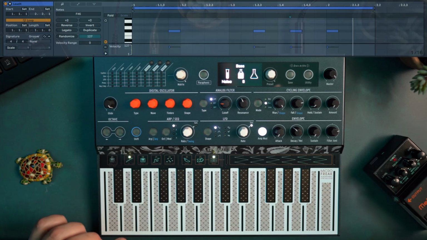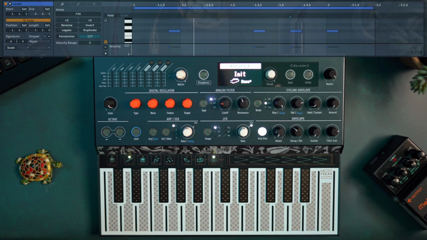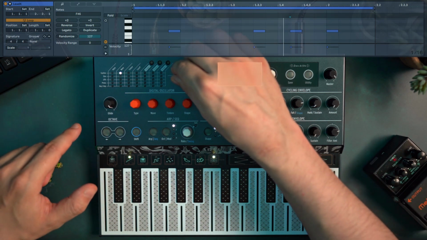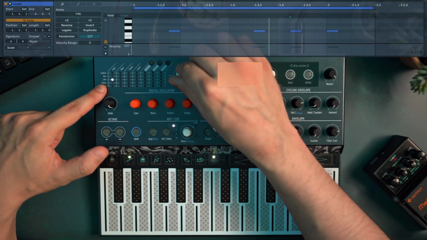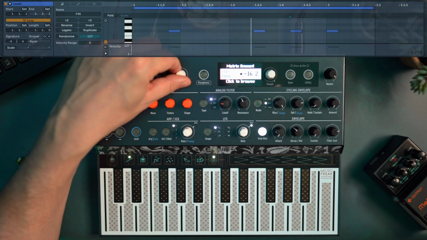I didn't add noise. So now the idea was to use the LFO to modulate the pitch, to create kind of FM. So that's what I'm gonna do. I'm gonna go to LFO pitch, and I'm gonna go